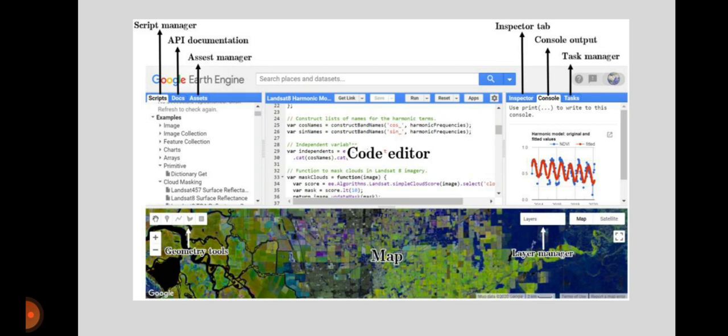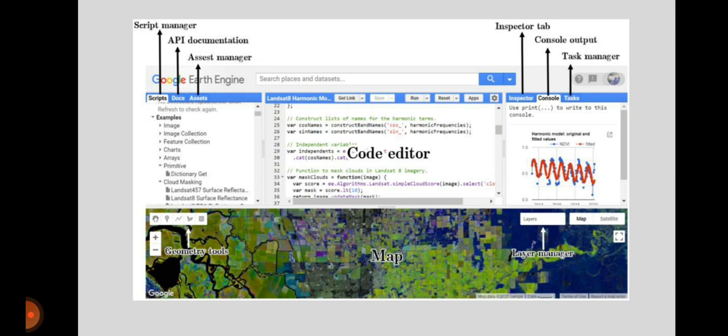As previously mentioned, Google Earth Engine includes a big open-access database, and users, however, are not restricted to using only the data sets. They can upload and manage their own data using the asset tab. We can also upload our data using the asset tab, which is seen on the left side, near the doc.